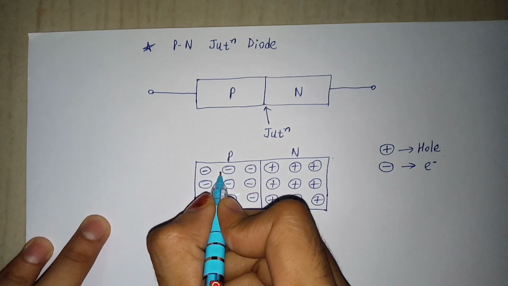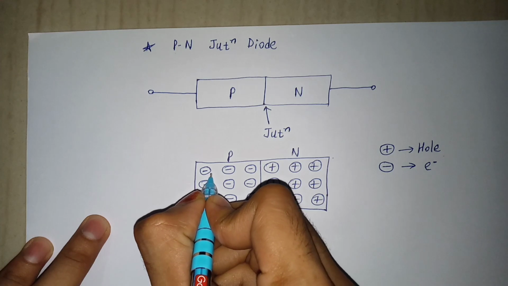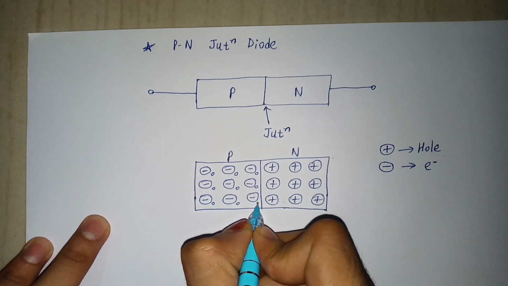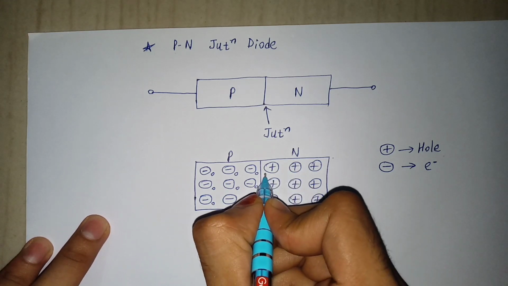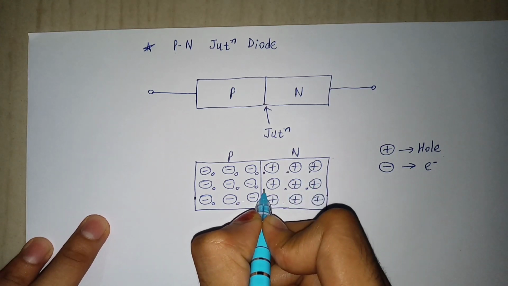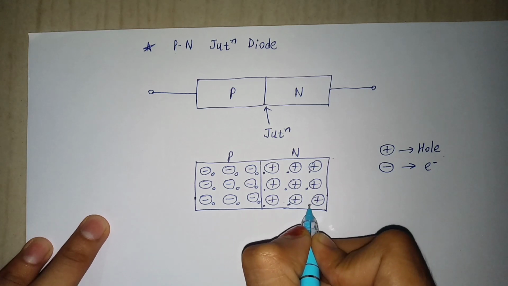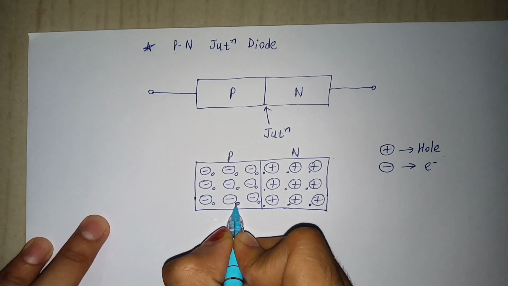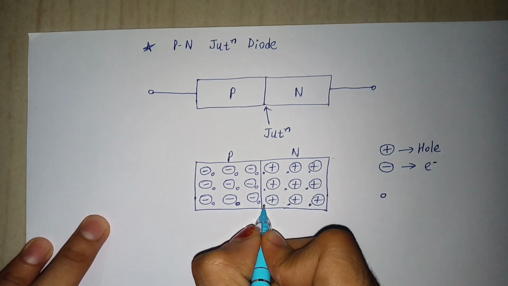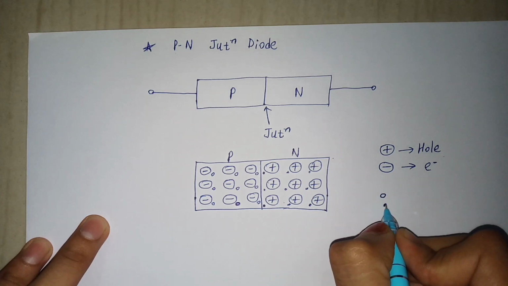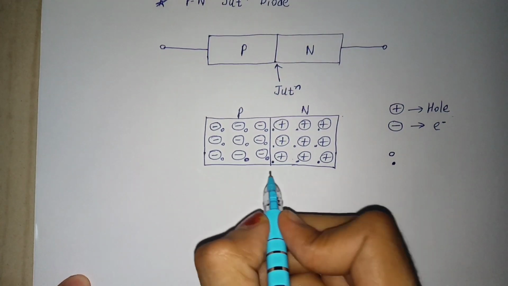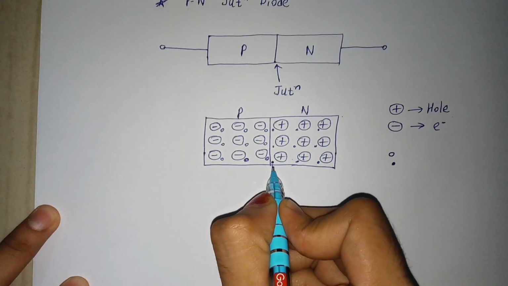Holes are the majority charge carriers of p-type. It is denoted below here, and electrons are the majority charge carriers of n-type. There is a difference between these: one is only a circle, and this is a solid filled circle. This is a hole. This electron and this hole